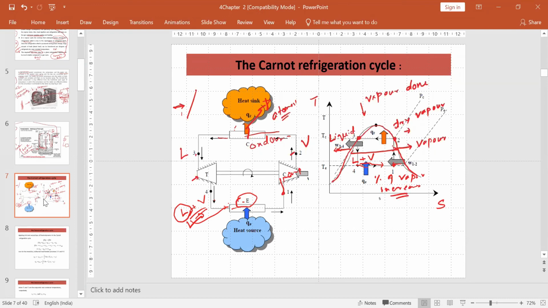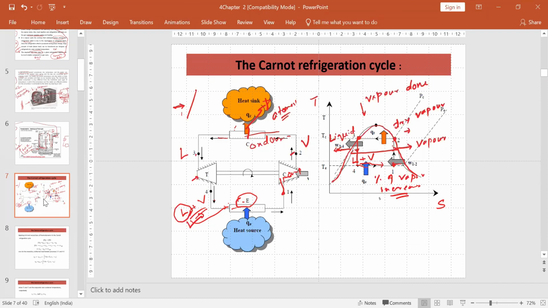So this is the Carnot cycle. The Carnot cycle is not a practical one. Why is it not a practical one? You see, this is an isentropic compression. In general, isentropic compression is not possible. Again, this is an isentropic expansion process in the turbine. It is also not possible. The second point is,